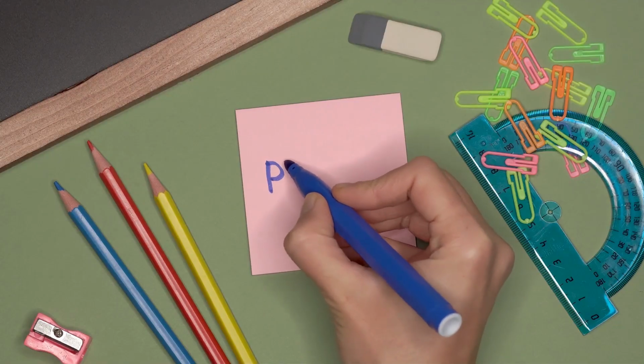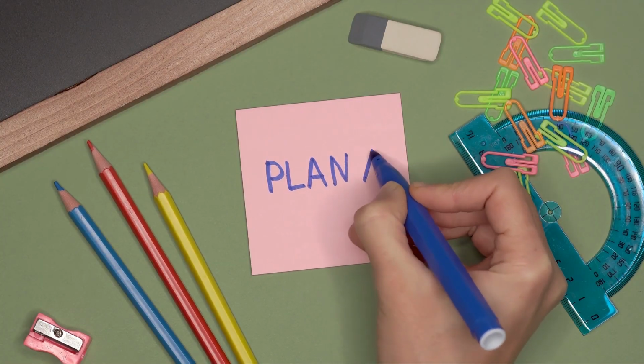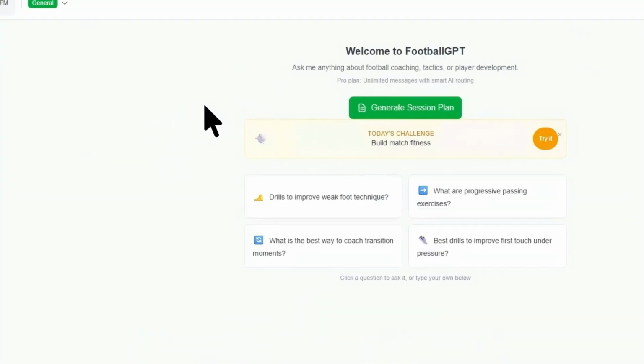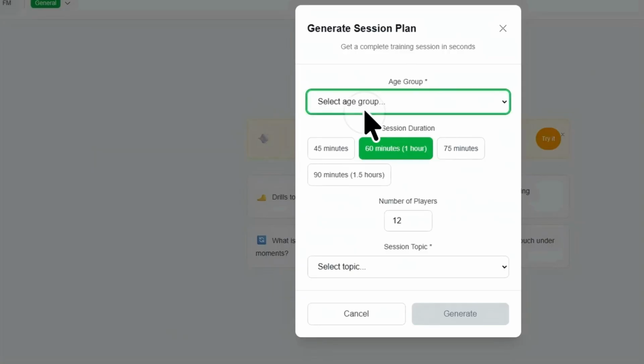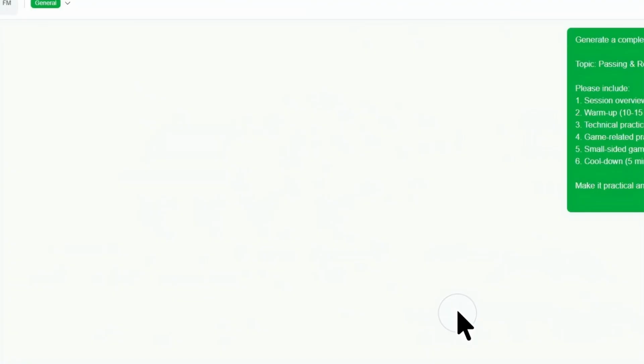I'm a football coach, or soccer for my friends in the United States, and planning sessions used to take me hours. I'd sit there with a blank piece of paper trying to figure out what to coach, how to coach it, how to progress it, what the coaching points were, and half the time I just end up making it up or end up doing something I'd done before because I ran out of ideas. But that was before AI.